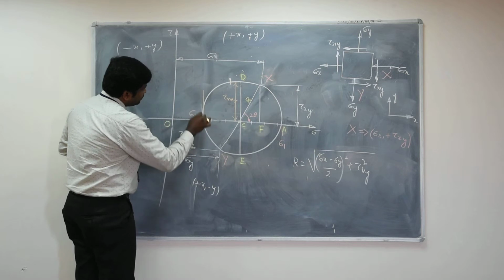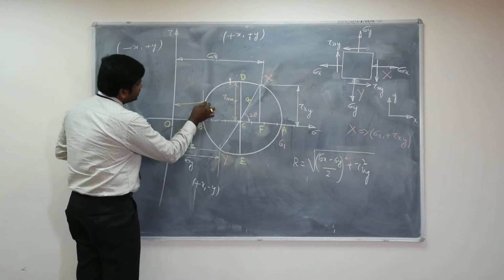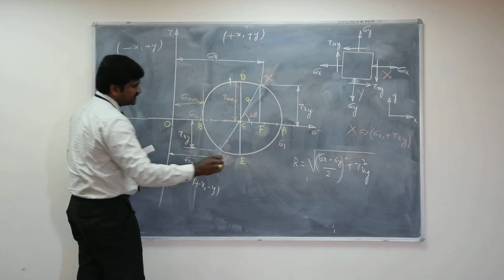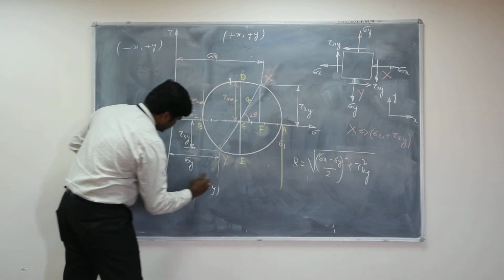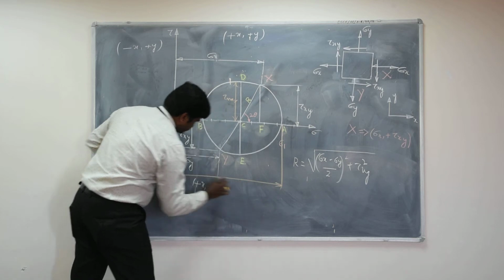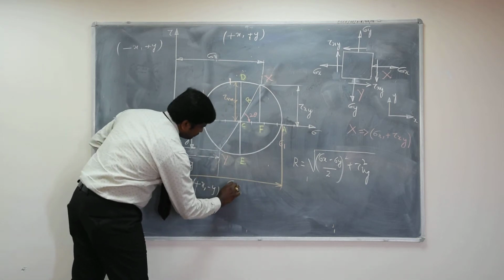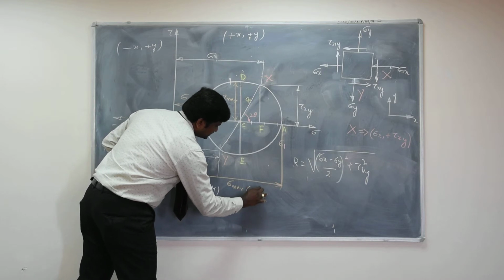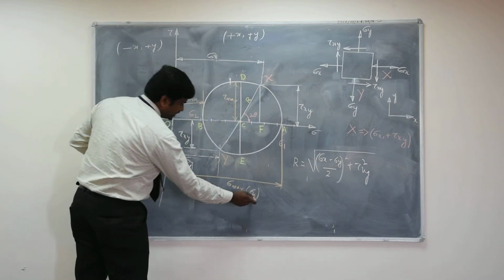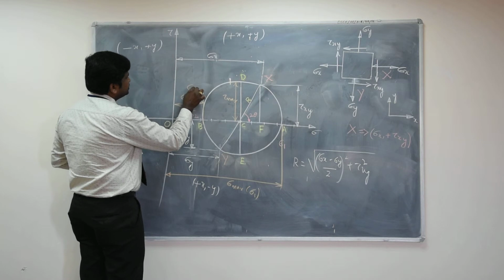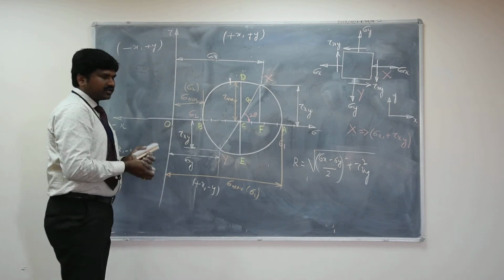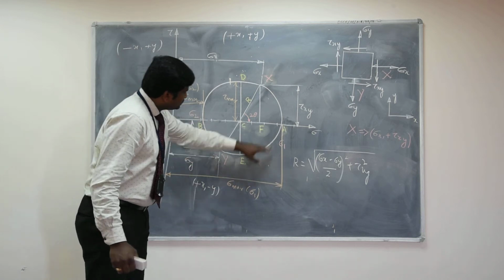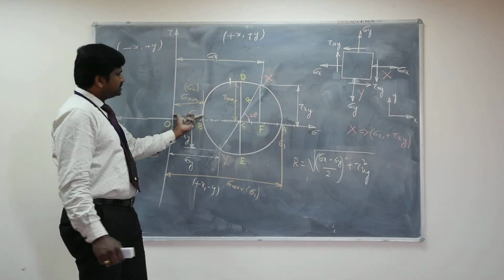The distance from here to here is sigma minimum, that is the minimum principal stress. The distance from here to here is sigma maximum, also denoted as sigma 1. In most cases this is the standard notation. This is sigma 2. So now from this Mohr circle diagram, we are able to measure the maximum principal stress, the minimum principal stress,